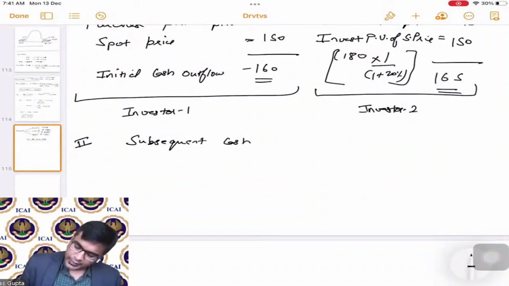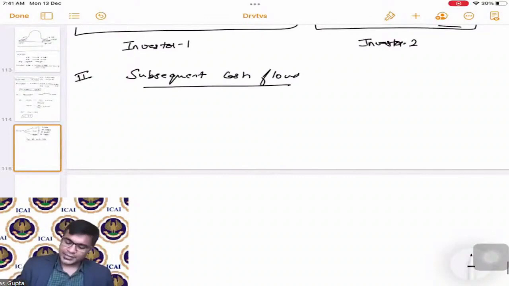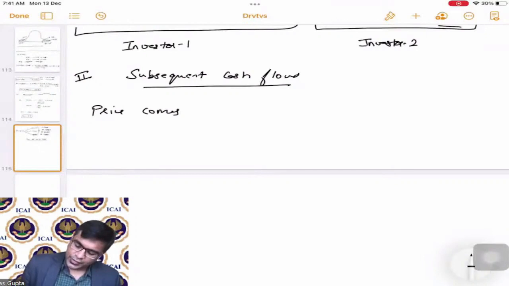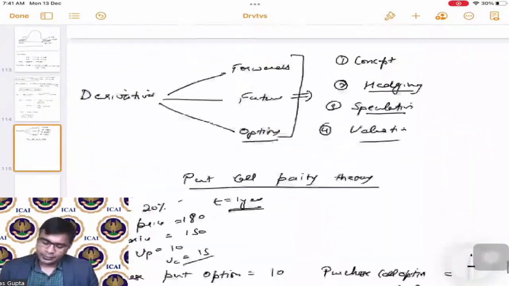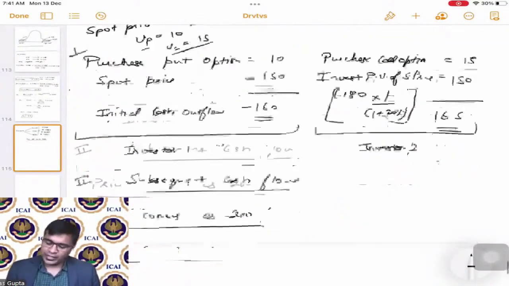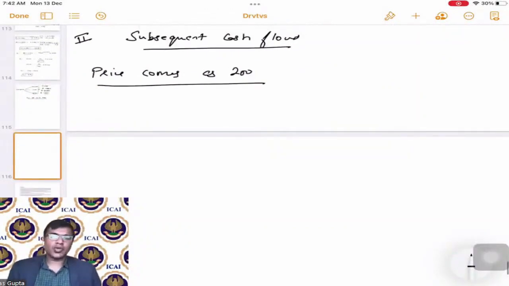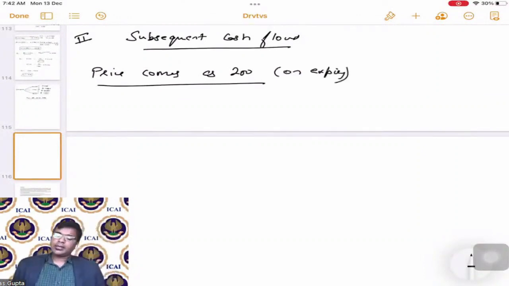Subsequent cash flows. Now under subsequent cash flow, students, please note if the price comes as 200, we will take different scenarios. If the actual spot price comes as 200, correct? We have said now that there are two types of options: value of put option, value of call option. Strike price is 180, current spot price is 150. So we are saying that if the actual price on expiry, I am talking about now on expiry, comes out to be 200 rupees, then